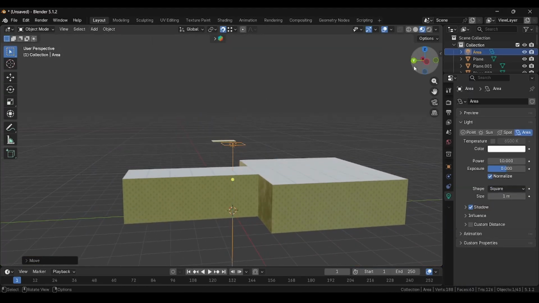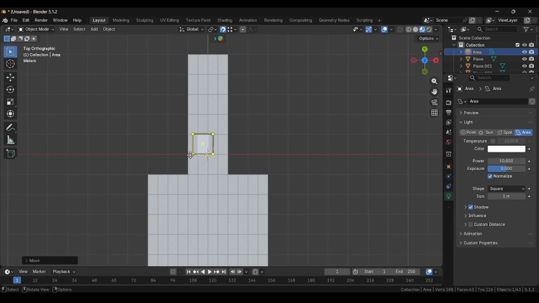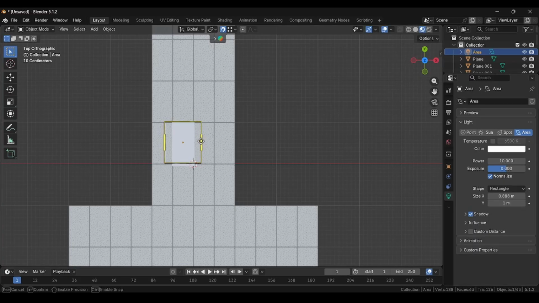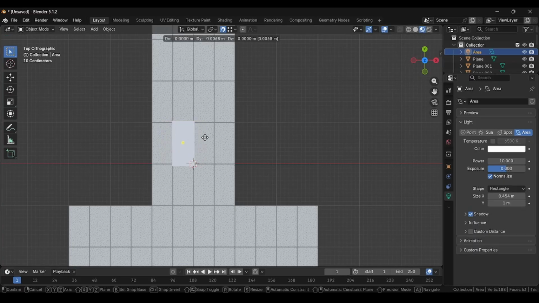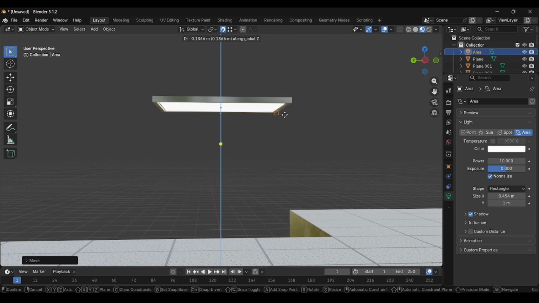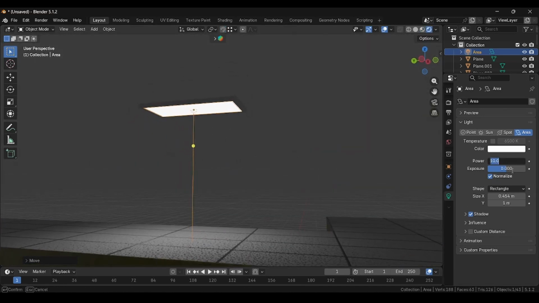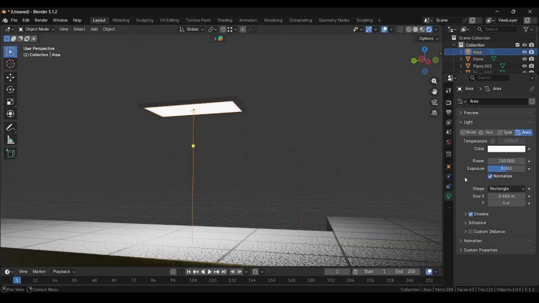You can see we've got this area light here. It's currently box shaped, which is wrong. We just have to go over here to the light area, change it from square to rectangle, and now we can just move the edges in. Move it up a bit. Now we've got a light. See that in render mode? You can see it. I'm also going to change the power to 100,